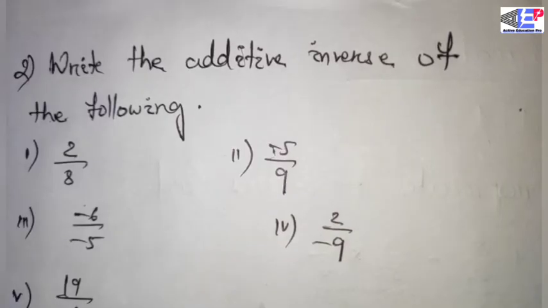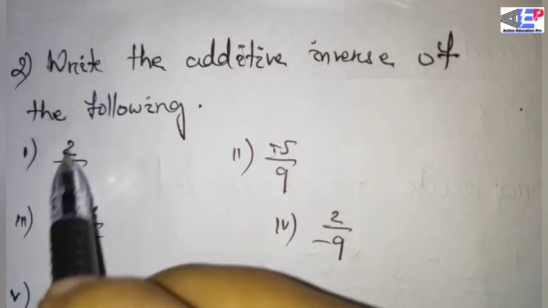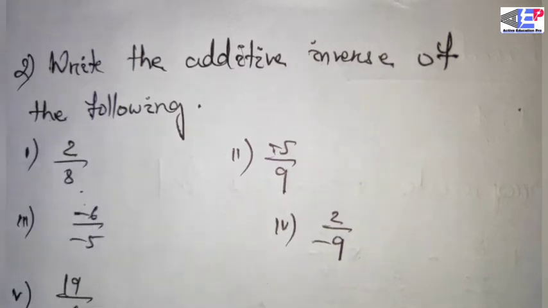The next question: write the additive inverse of the following rational numbers. The first bit is 2 by 8. In my last video, I was in the 5th part of the properties of rational numbers video. Already we have discussed the additive inverse and multiplicative inverse of rational numbers, and how to find these two inverses. So now, to find the additive inverse, I told you to change the sign